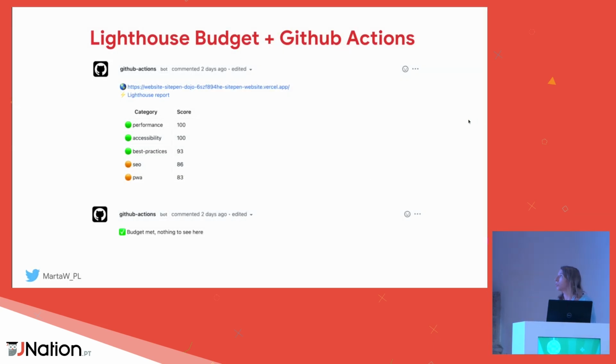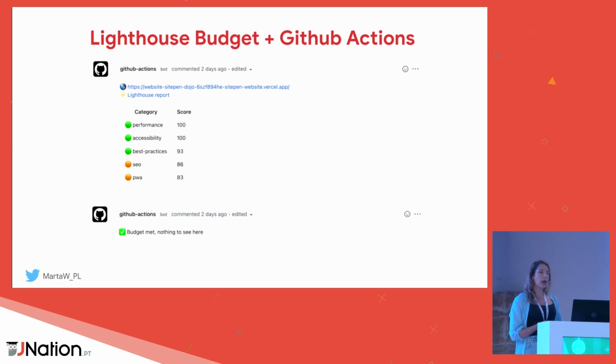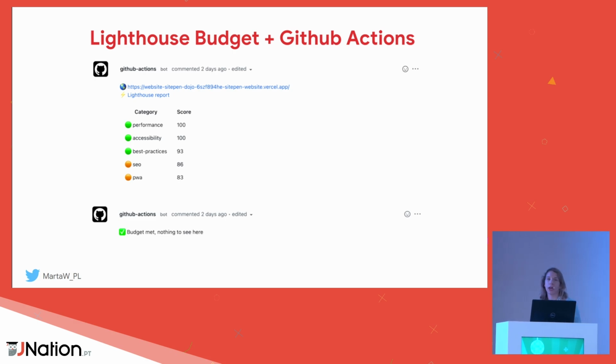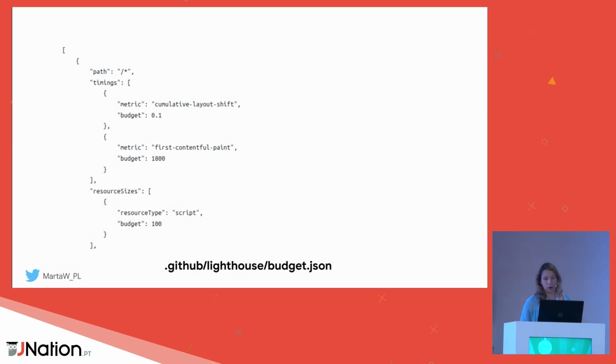And now I want to tell you the biggest secret of how to keep core web vitals under control. There is a nice integration of Lighthouse with a budget JSON file and GitHub Actions. By integrating this, you will run automatic tests that will test these metrics. And this is how it works on the